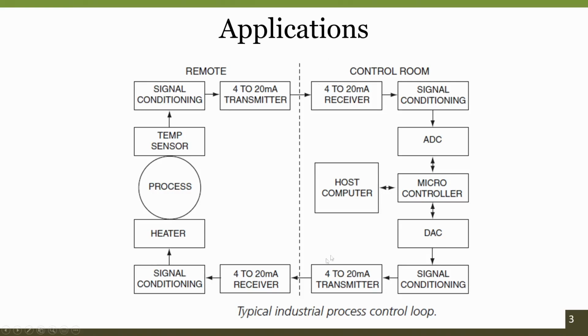as we have already discussed in the previous section, why we need a 4 to 20 milliamp transmitter and receiver. It transmits that, and according to the actuator of your system, it performs signal boosting or signal conversion, so that the heater can respond according to the input signal. So this is a typical application, a complete closed loop system, where we understand the input, and based on that the microcontroller analyzes and actuates according to the input that we receive.